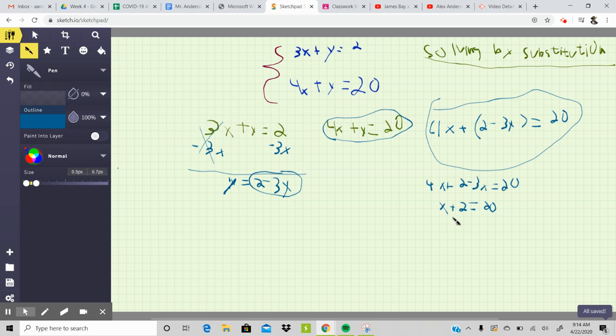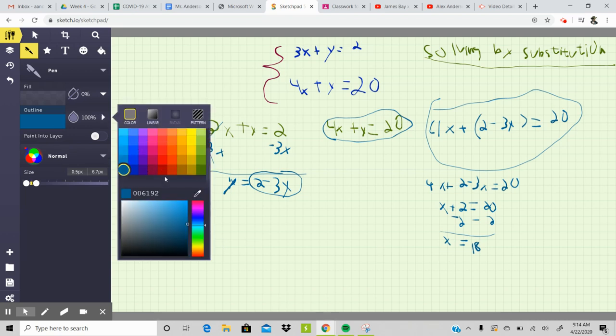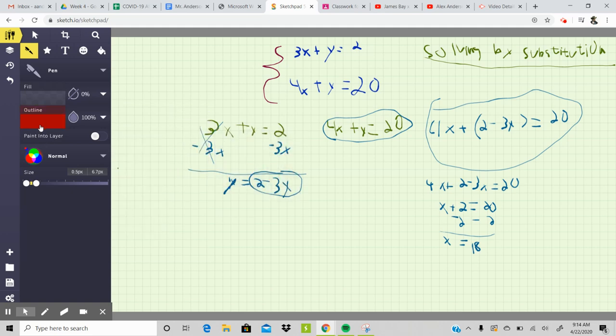And then I subtract 2 from both sides. And then x equals 18. Okay, so if I did everything correctly and I copied everything down correctly, x should be equal to 18. So when I'm writing my final answer as an ordered pair, because remember, the solution to a system of equations is just where the two lines intersect, my answer is going to be an ordered pair. My x coordinate should be